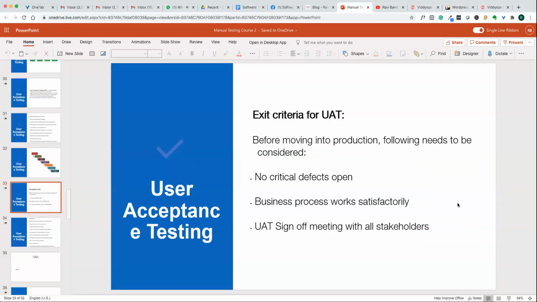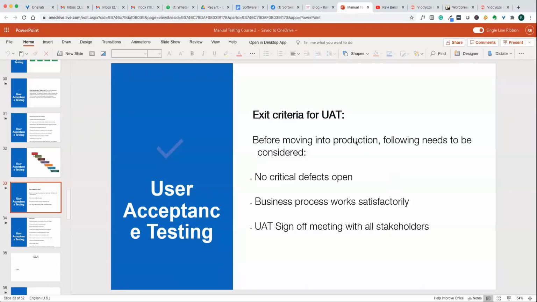there is the exit criteria, in the sense once UAT is done. So these are the things that need to happen before it goes to production, right? So no critical defects open. The business process works satisfactorily, and UAT sign off, right?